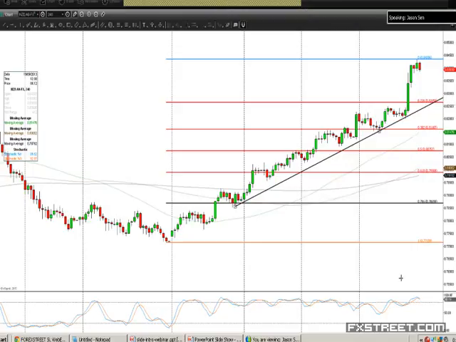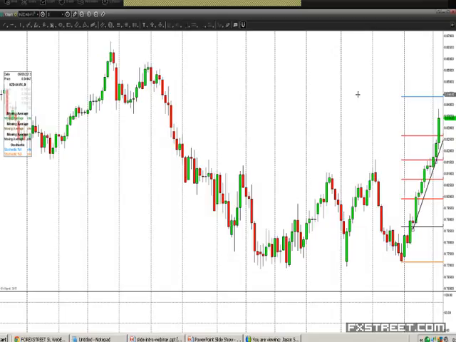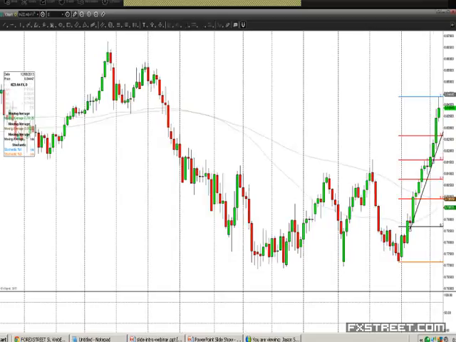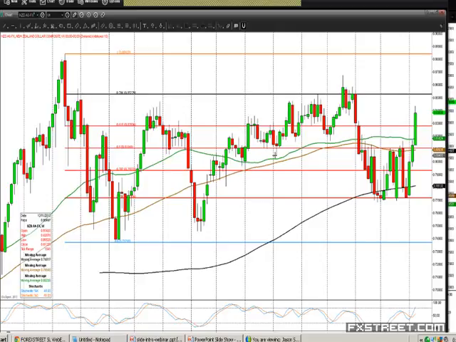I mean, we are a bit overdone on the 4-hour stochastic, so we certainly don't want to be buying into it here. If you're long, a bit of profit taking might not be a bad idea considering how overdone we are. And we have got fairly close to that 85 level. You can't rule out a go at 85.00, 85.25. You can't rule it out. It could happen. We've got some good momentum, but if I was long this, I'd probably be taking a little bit off the table at least, just holding a bit of profit back,